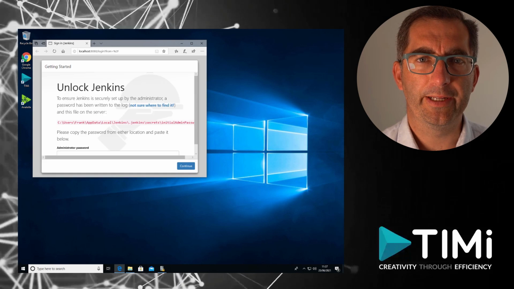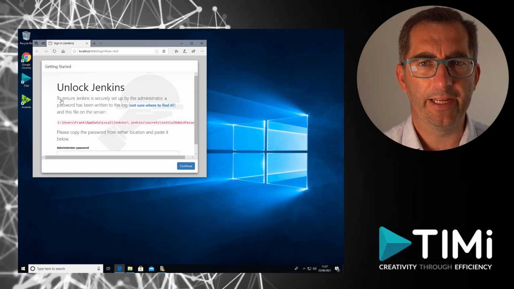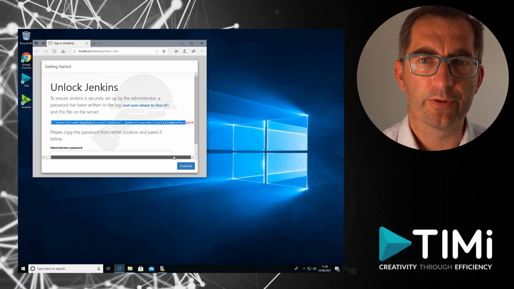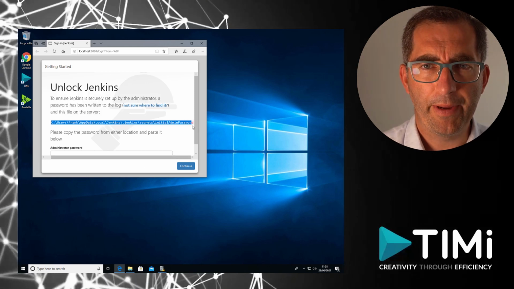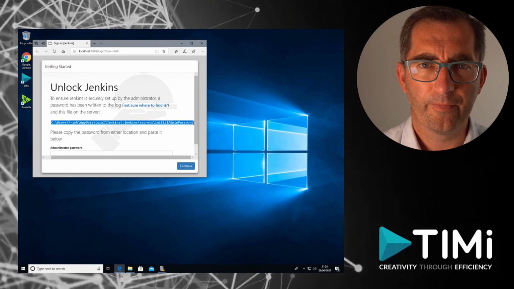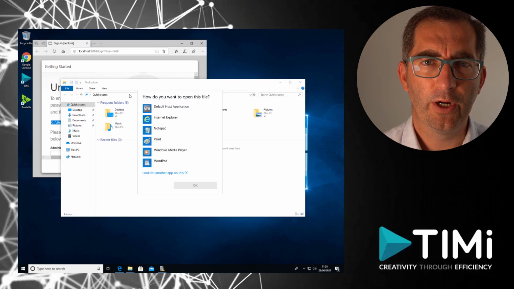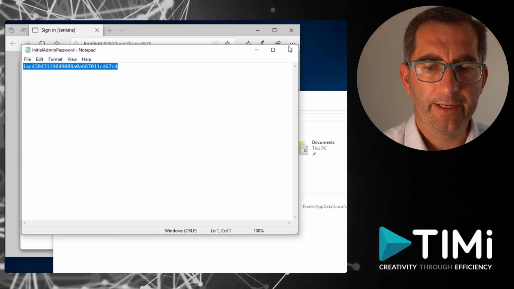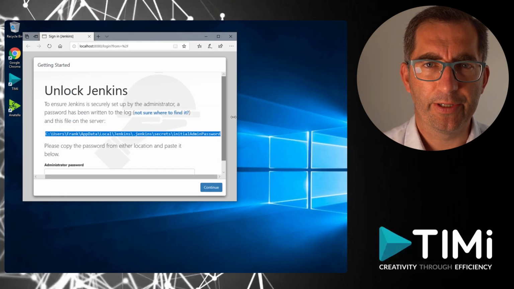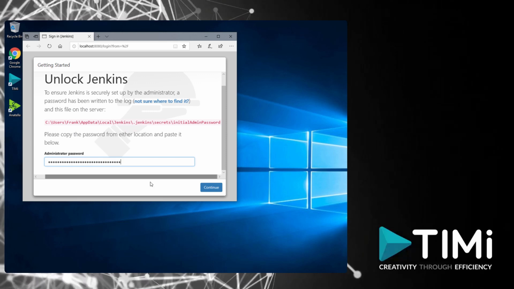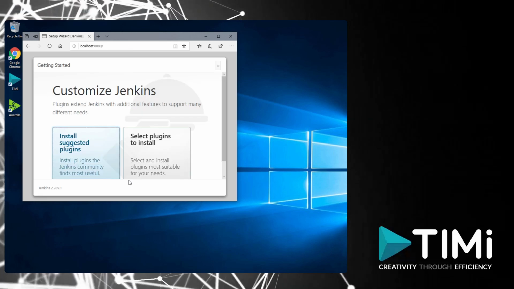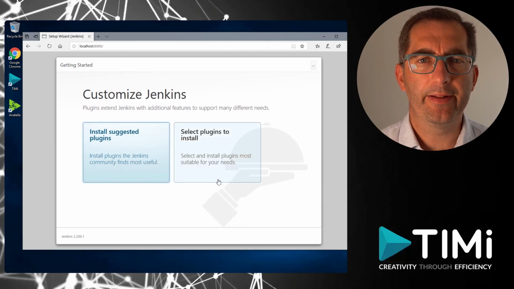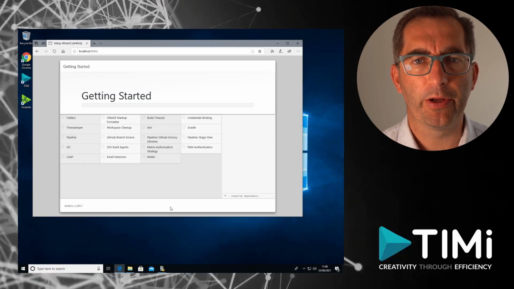The first time you want to log in to Jenkins during installation, you need to copy some local authentication token. So basically you just copy the path of the file that is in the installation window, open up a notepad or something else, copy the string and paste it back in the administrator password. Then I choose to install the suggested plugins.